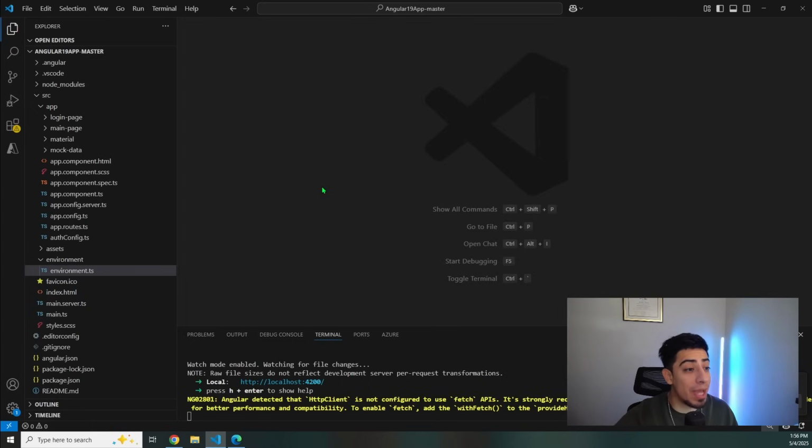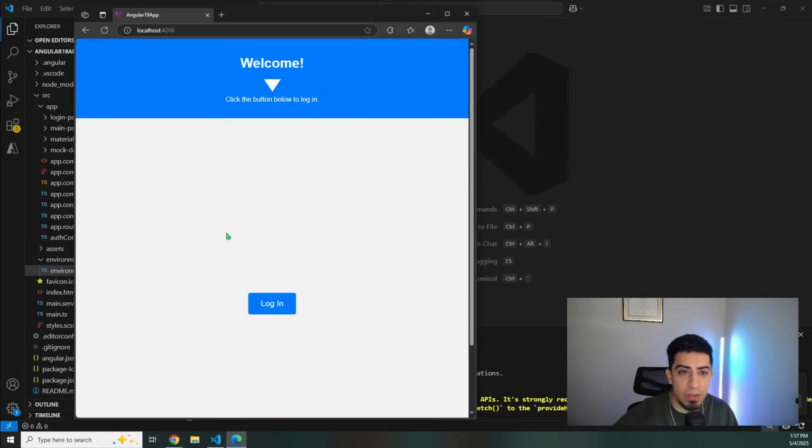Alright guys, so we are now at the project. This is an Angular 19 application I've used in previous videos, I think in the updates for Angular 19 as well as MCell. Currently, we have a login page, main page, Angular Material, mock data, and then just everything else I think is pretty empty. This is it running right now. This was for the MCell video, like I said, but now let's change this up and add in Google Pay